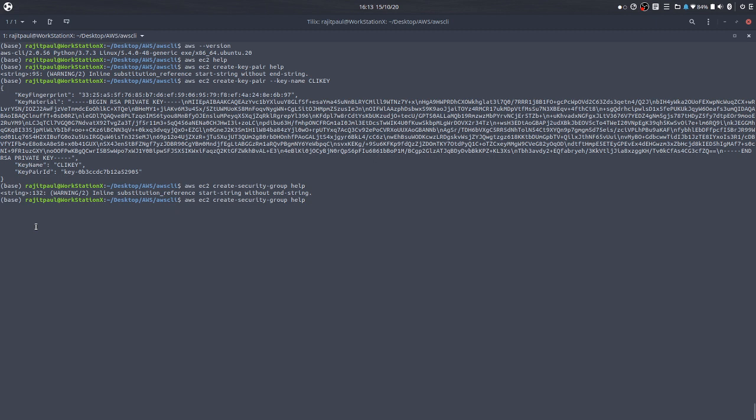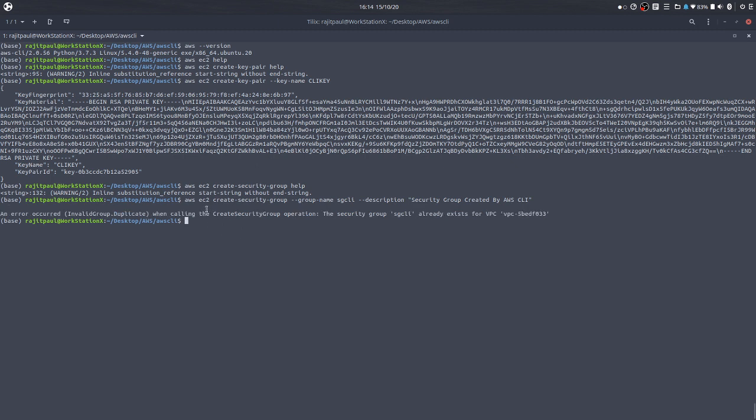So along with that we'll go ahead and put the group name that we want. For now I will select it as security group CLI, and you can put in any description you want. For now we'll put it as security group created by AWS CLI, right? So once we go ahead and create this,